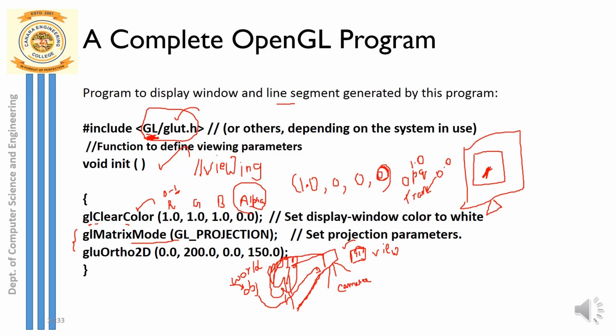My object coordinates or the world coordinates here, which are directly converted, I want the image of this tree to appear on the computer screen, right? So my world coordinate or object coordinate should be completely converted into screen coordinates or display coordinates. This mapping of world coordinates to screen coordinates or the display window coordinates, I call that projection.